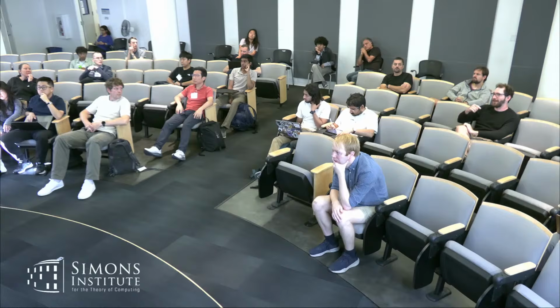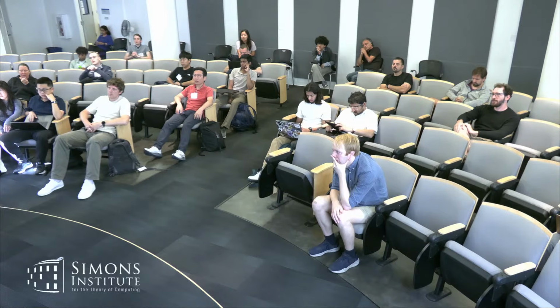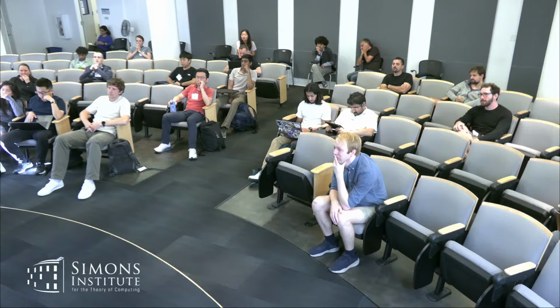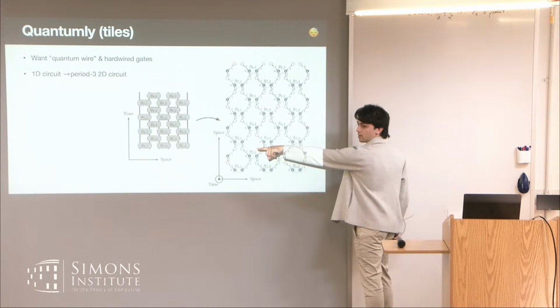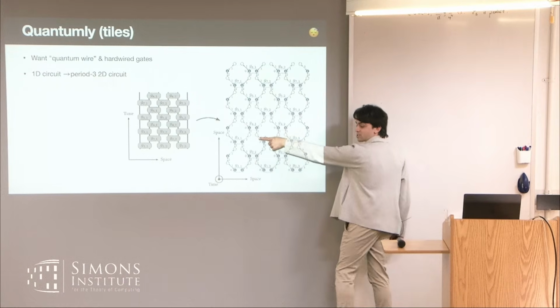What do you mean by depth 3? It wasn't obvious to me that what was happening on the right-hand side was depth 3, or period 3. Yeah. So I can implement this circuit, and that's not periodic. Those are arbitrary. Is it clear that there's a period 3 circuit here that implements this circuit?